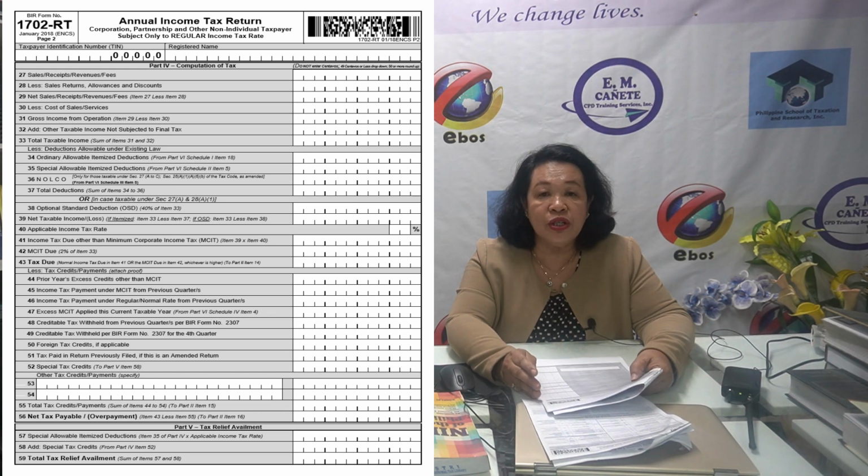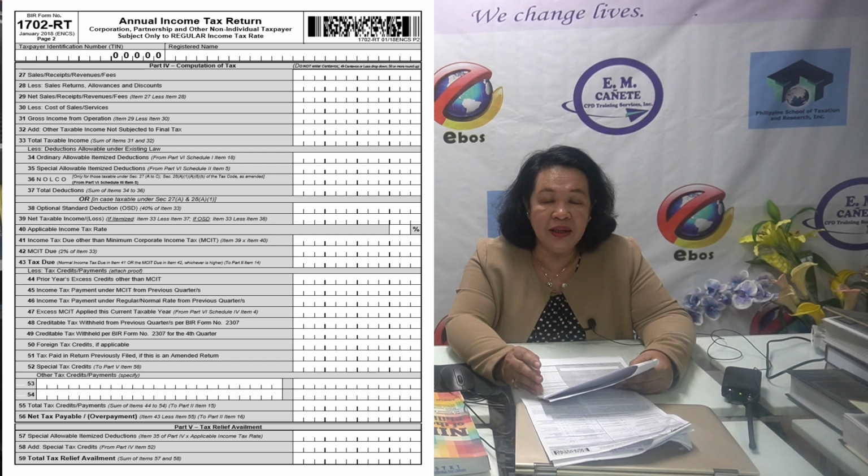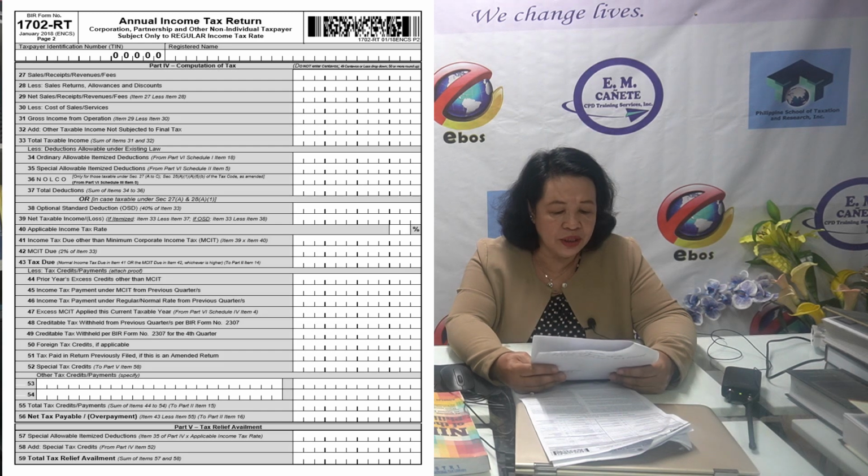That's why it's very crucial to determine what are the expenses, what are the items that should be included in the determination of the cost of sales, the direct cost, in order to determine the gross profit. The law has some guidelines on the determination of the gross profit or gross income.